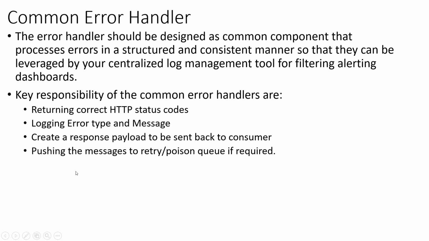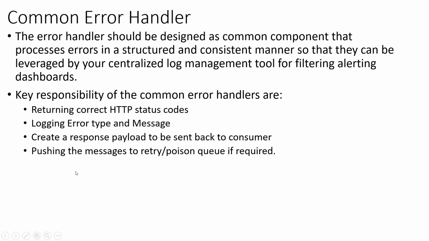So, it should return the correct HTTP status code. Like if it's not found, it should wrap the response in 404. Bad request should come under 400. Any sort of error that has occurred, which could be a Mule client security error. Client security will definitely come to you as a response 401 or 403, but you have to wrap it under 500. So that's what returning the correct HTTP status code means. You have to return the proper code.